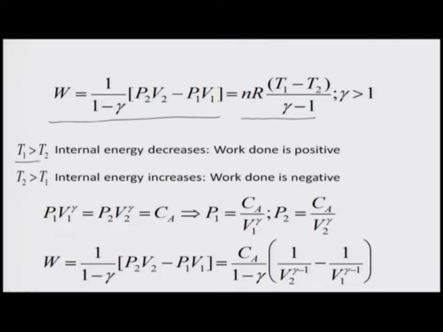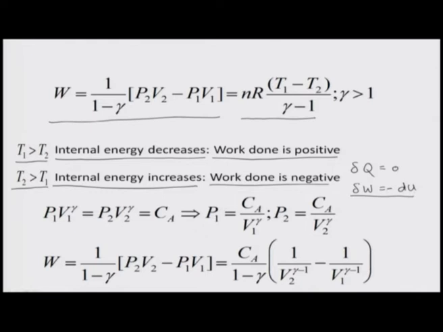If T1 is greater than T2, that means you are going to a lower temperature, internal energy definitely will decrease, because it is a function of temperature, rather proportional to temperature. Work done is positive. If T2 is greater than T1, you are going to a higher temperature, starting from the lower temperature, internal energy will increase and work done is negative. Well, remember here delta Q is 0, which tells me delta W,